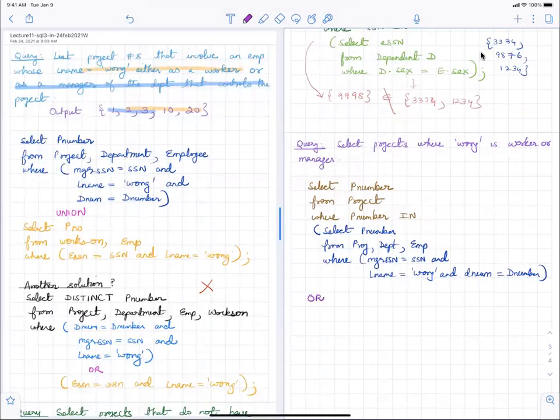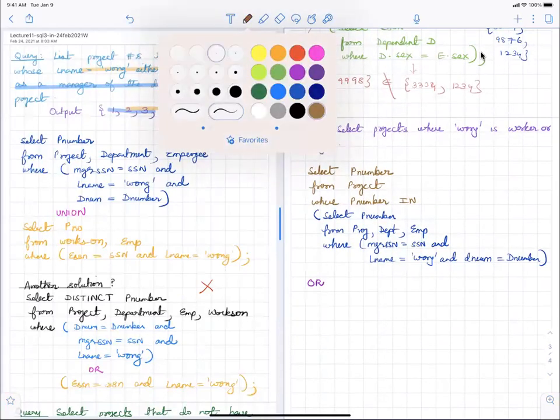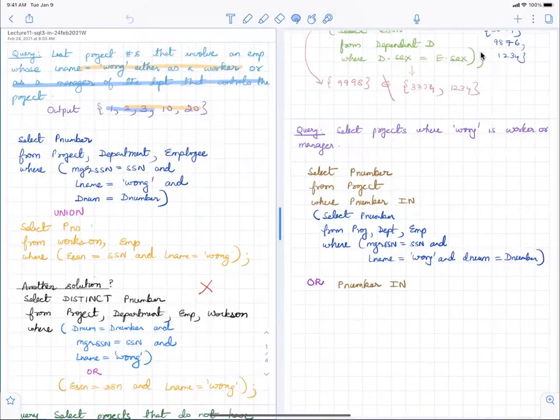So I'm just saying P number in this, or the second part of the union. P number in, and now you do the second part, select. Let me see if I can pick this one out.